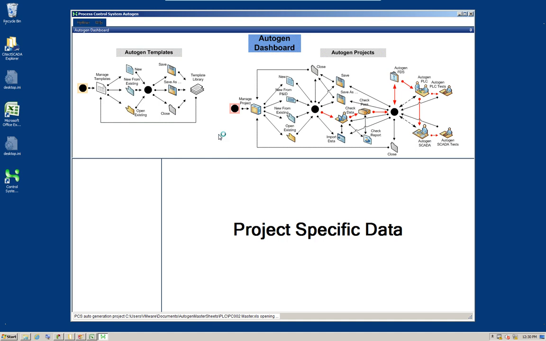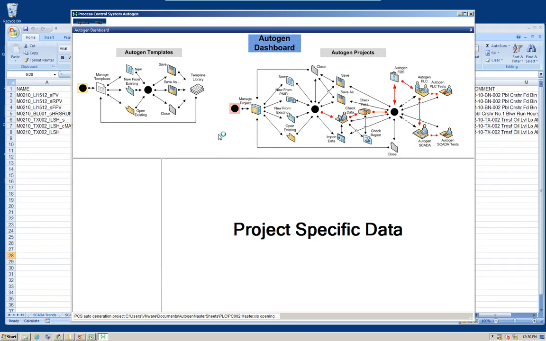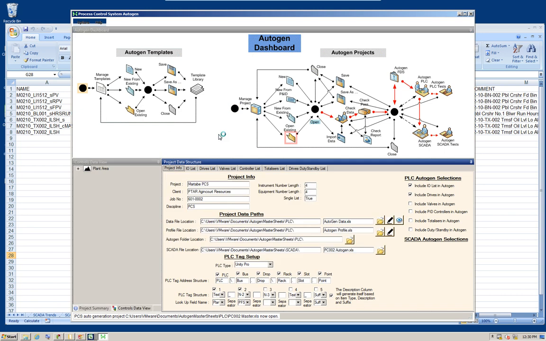So at the moment it's still opening. In a moment we will see all the data. So the difference between the PLC auto generation and the SCADA auto generation is that once we enter the design input data for the PLC auto generation, we don't need to do anything in SCADA. All the data for the SCADA auto generation is imported from the design input data for the PLC and processed in a certain way, so it's customized to the user's need for a particular control systems project.